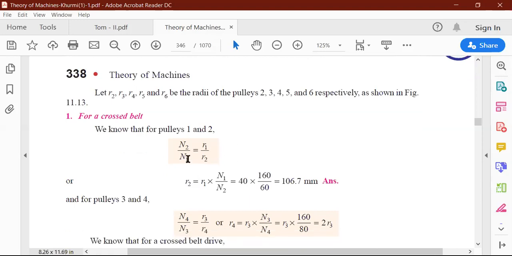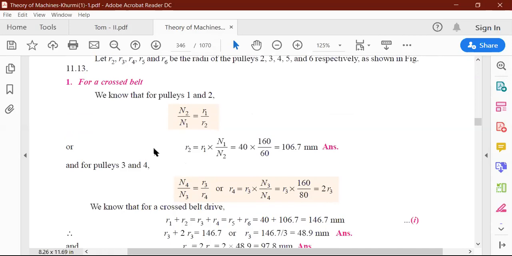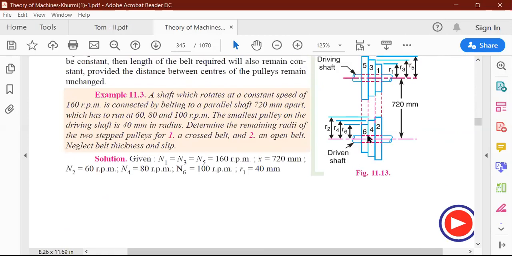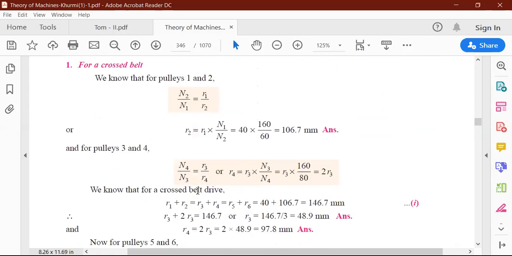Then similarly, this speed ratio formula is applicable to pulley 3 and pulley 4. Now we apply this formula for pulley 3 and pulley 4 and write down the formula, that is N4 divided by N3 is equal to R3 divided by R4. Okay, so from this equation we find the value of R4. So we can rewrite it as R4 is equal to